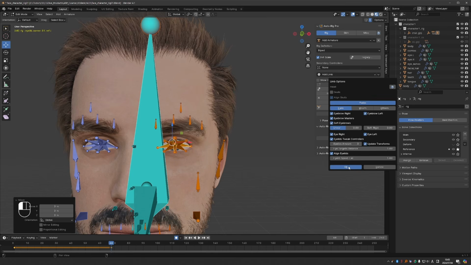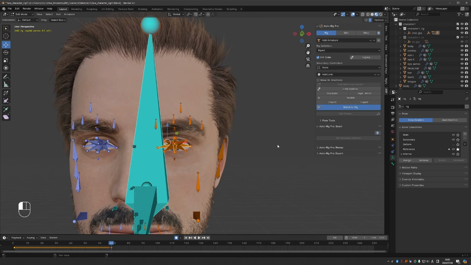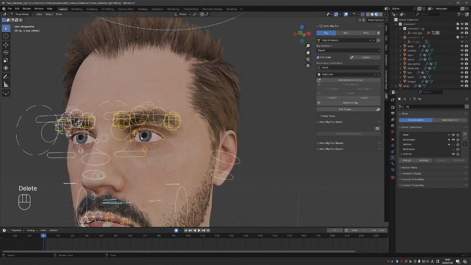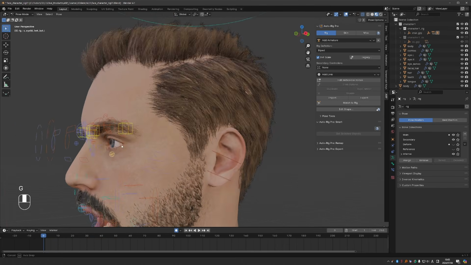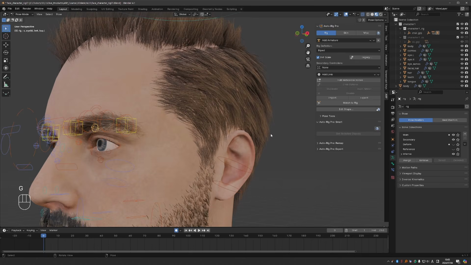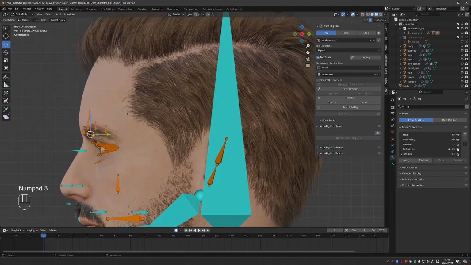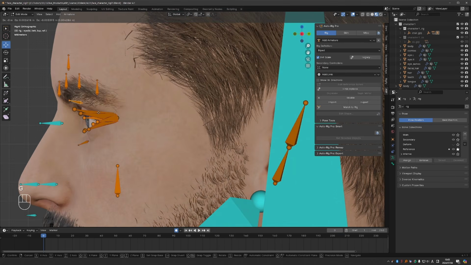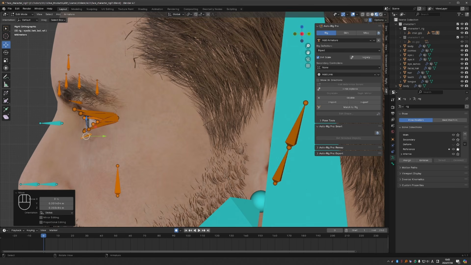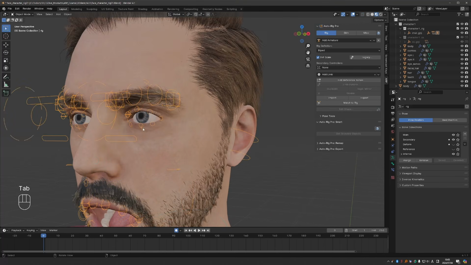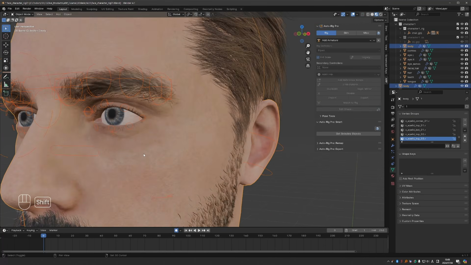Let's enable it, press OK, and match to rig. That gave us these additional controls that currently do not do much. I'll go back to edit reference bones. They are actually these bones here in the reference bones. And you should place them somewhere in the fleshy part of the eyelid, just below the lower eyelid and just above the upper eyelid. Then when you match the rig, you can select your rig, then shift select the character,